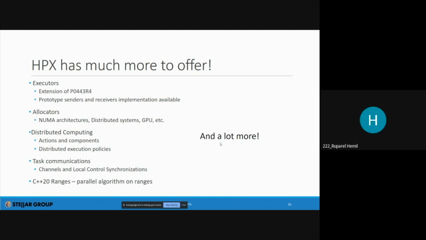You talked about heterogeneous computing using GPUs. GPUs, as far as I know, almost every library like ROCm, HIP, CUDA, they come with their own compilers, and those are Clang based. And HPX is a library. Like, how do you do it?